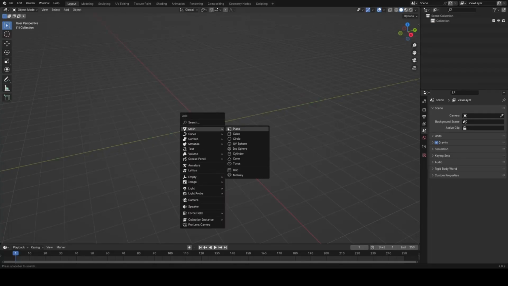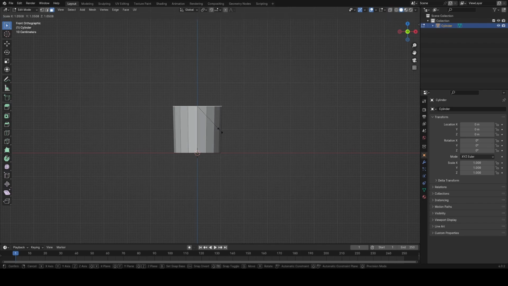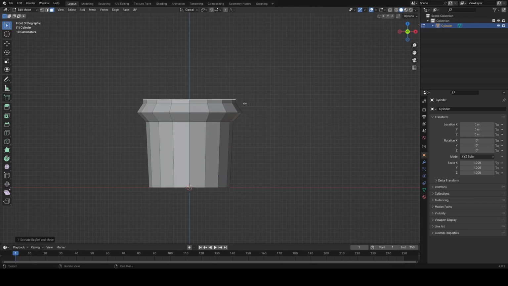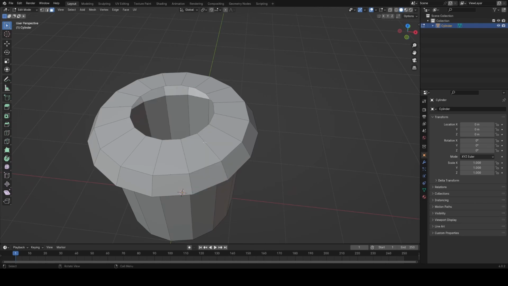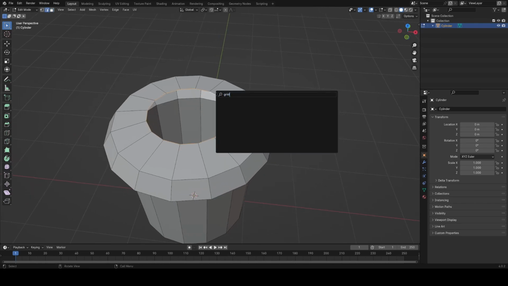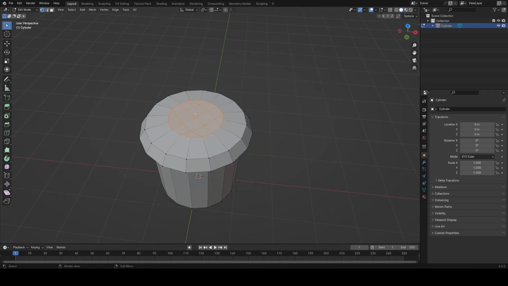So we're going to add a cylinder with 16 vertices here. In edit mode, just start shaping the cake using just simple extrusions and scales. For the tops here, we don't want to have an end on there, so I'm going to delete that out. Just select the edge, and then in the F3 menu, use the grid fill tool. And this will just fill the area with quads, which is much better in terms of topology